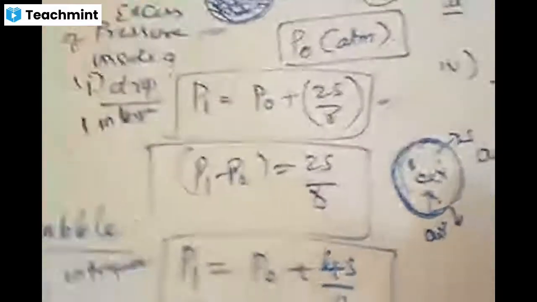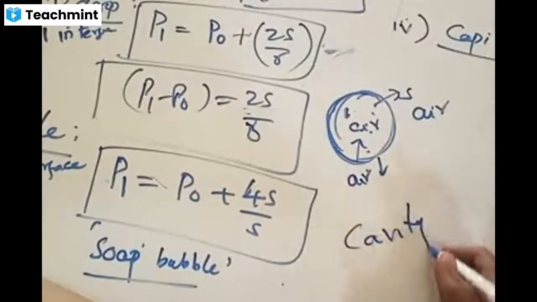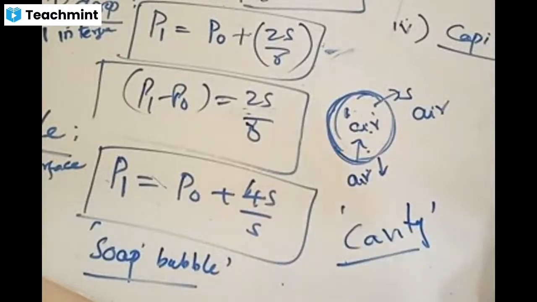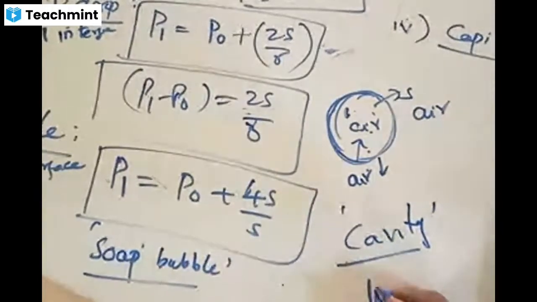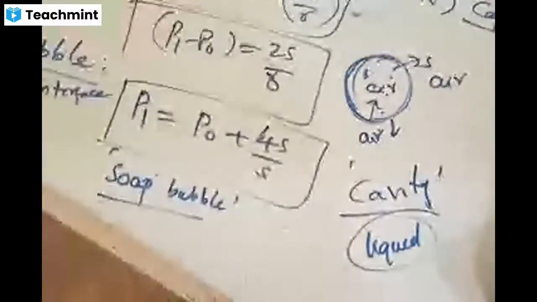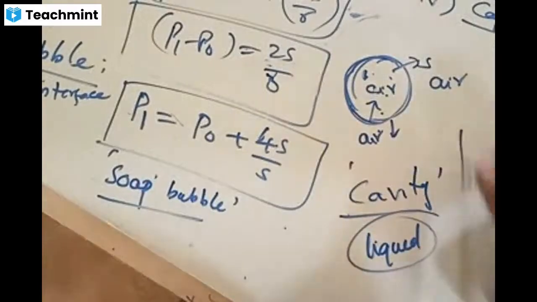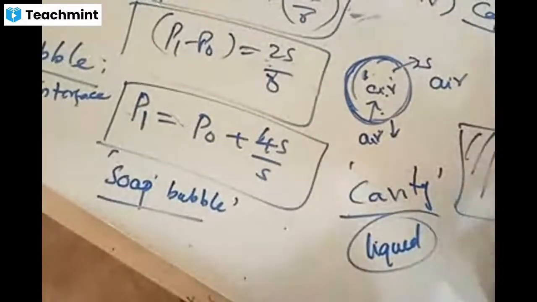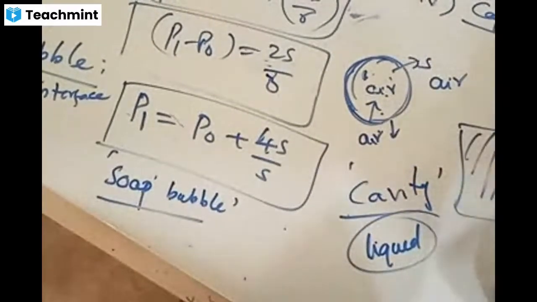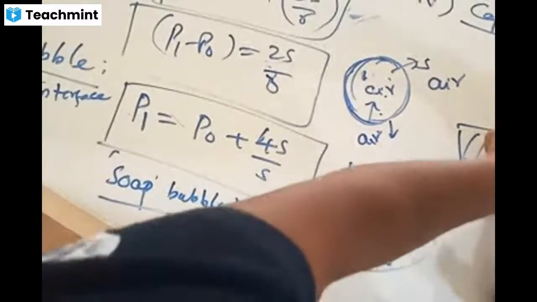The third kind of thing you should know is the cavity. Three things, so let me brief that also. A cavity is the empty space present inside a liquid. What is that empty space present inside a liquid? Now you have a chamber filled with water. If there is some region where there is no water inside, that is, there is air inside that, then that is a cavity. Here the outer surface is not air.